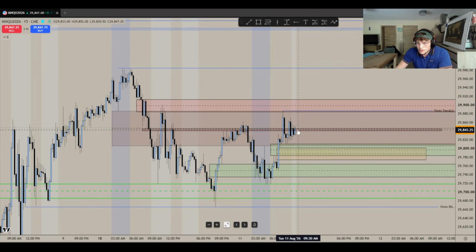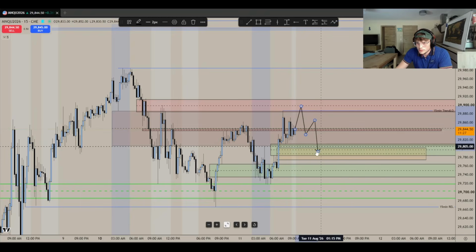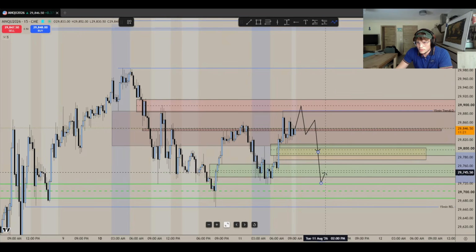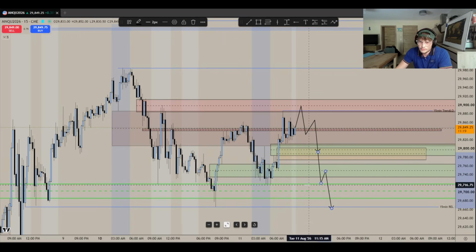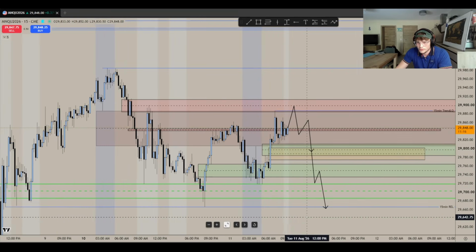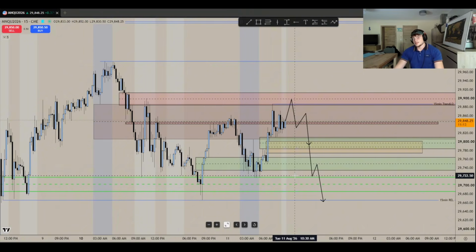And maybe a short opportunity would be if we take out buy side first, mitigate the hourly here, and then move lower, then we could look for mitigation into this one, right? Or we get really heavy and then pull off something like this, but we would really have to get really heavy here in order for us to go down there. But today, in order to long, I need to see that mitigation down here. In order to short, I need to see that sweep up here. As long as that's not the case, I will not trade in either direction, only if we're getting really strong up here or really strong down here.